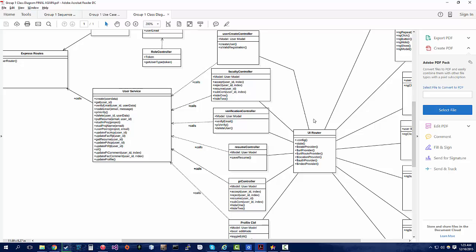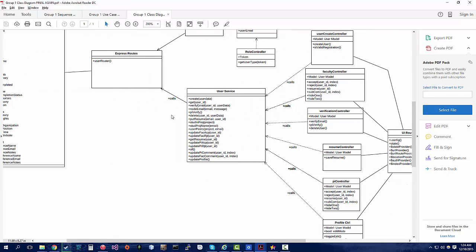Now let's look at the class diagram. Core component to my class diagram is the userCreate, which has a user model attribute as well as a createUser function and an isValidRegistration function. Next we have the verification controller, which has the user model as well, but now it has a verify email function, PI verify function, and a delete user functionality. Both of these connect to the user service,